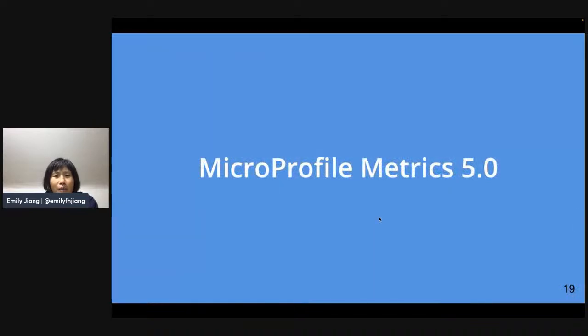In the next set of slides, I will go through the major updates. The first major spec update is MicroProfile Metrics. MicroProfile Metrics 5.0 was added to